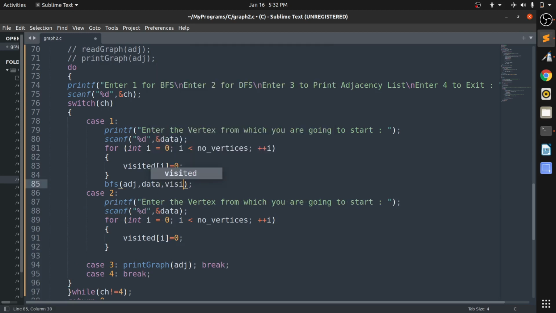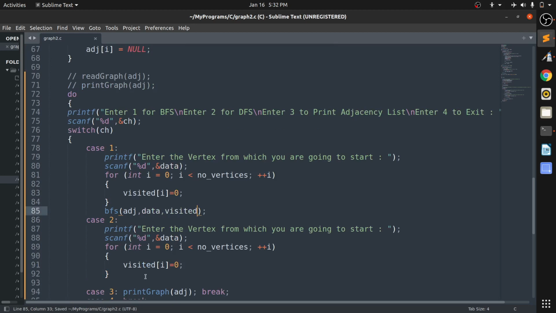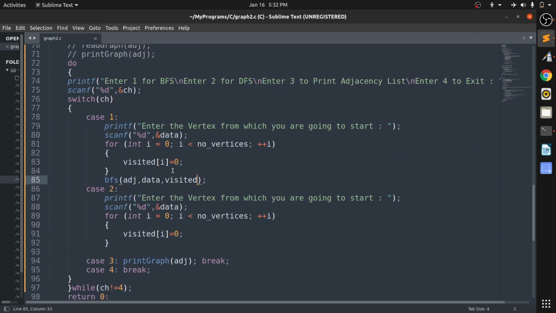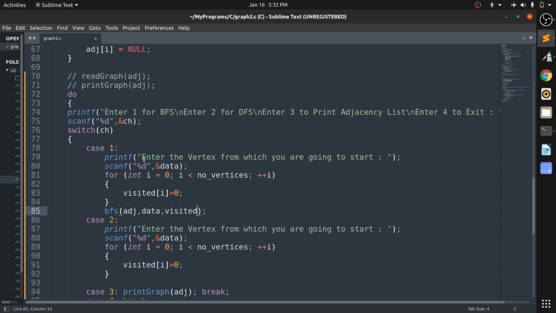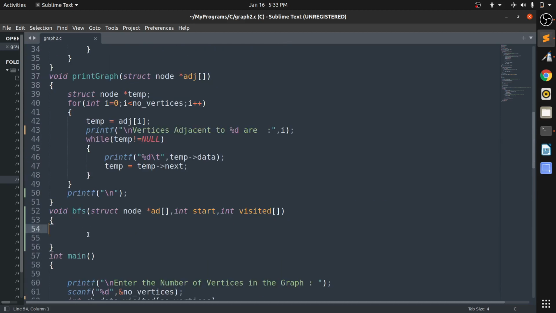Then we pass the visited array. Now we are done with our main function, where it asks for the choice and which vertex we want to start with. Now we want to write this function.